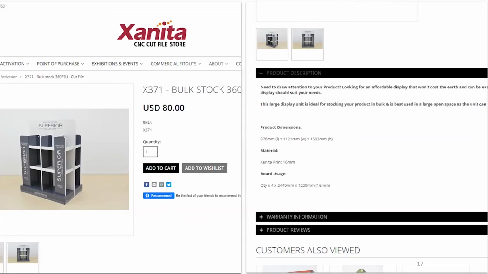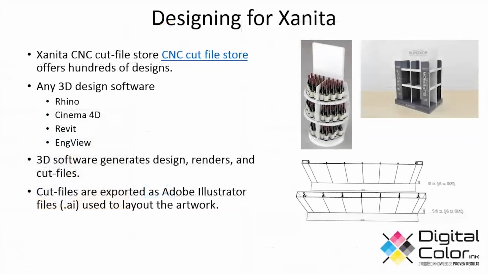Print it, cut it, put your logo on it, get it in the hands of your salespeople, make up a mock-up for a potential customer. That's exactly what we want you to do with this, to be comfortable with it and use this cut file and put it to actually good use and hopefully start the sales cycle for you. Okay. If after you're comfortable using Xanita board, you've done some cut files, you've had some traction,